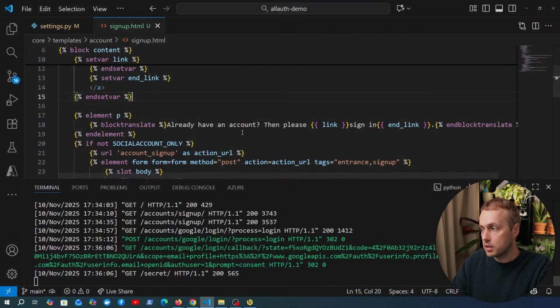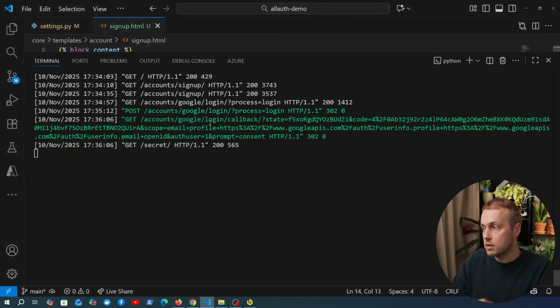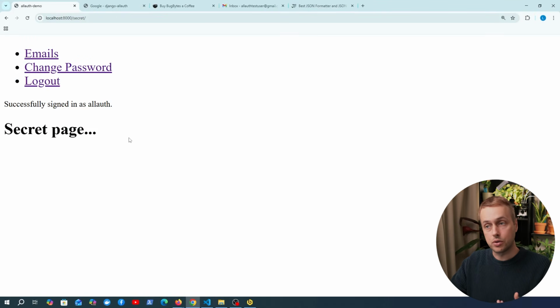Now if we go to the terminal, let's have a look at what has happened at the bottom here. Notice that when we sent the login request, it sent that post request there, and then we were redirected to Google, and then after that authentication took place on the Google provider, it redirected us back to the callback URL that we set up on Google Cloud Platform. Now there are different query parameters in this URL. For example, the scope is set here. Notice we also have a code, and the callback URL in django-allauth can handle exchanging that code for an access token. So that's a little bit about how it actually works,